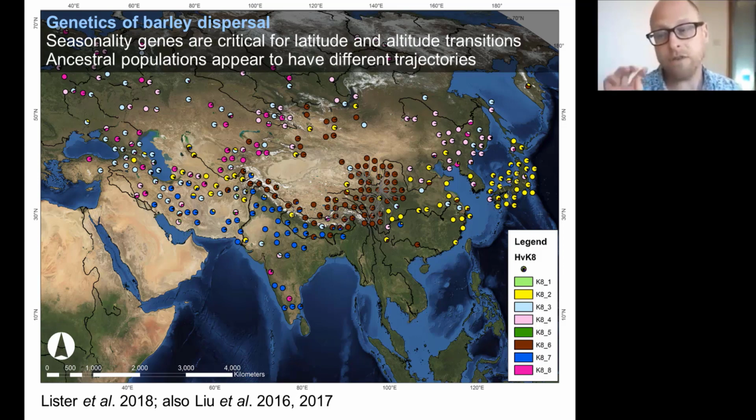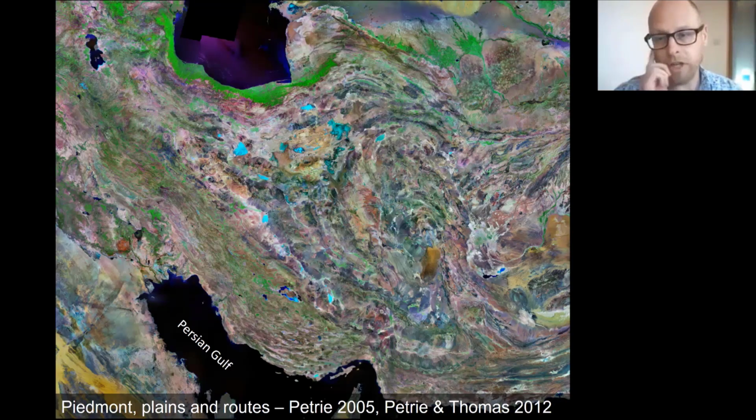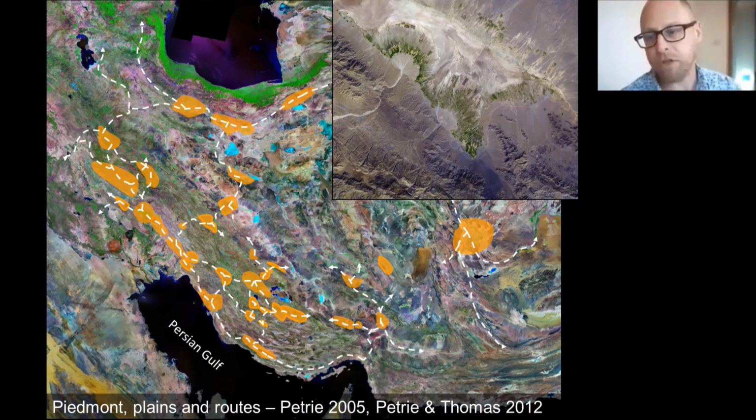Now, it's interesting to think at a big picture. You can think that we can understand something like the dispersal of a crop species, and presumably the humans that were related to that, by looking at a map like this. But in actual fact, the important thing is to understand what the on the ground reality was, and what the on the ground process was. And going back to very early phases of when I started to work in Iran, I started to do things like drawing blobs on maps to try and understand exactly where on the Iranian Plateau, for example, human populations were